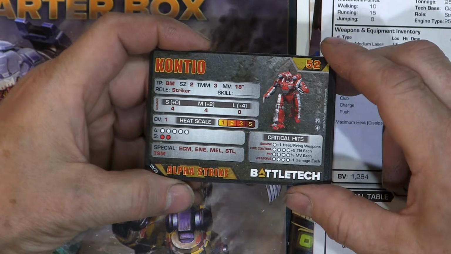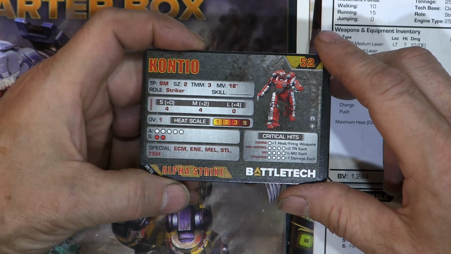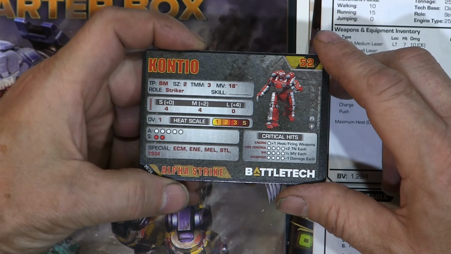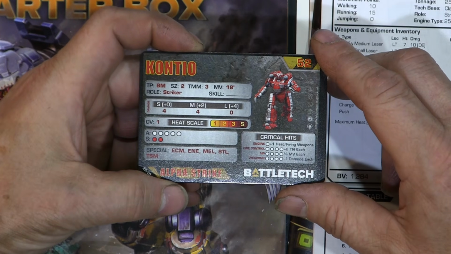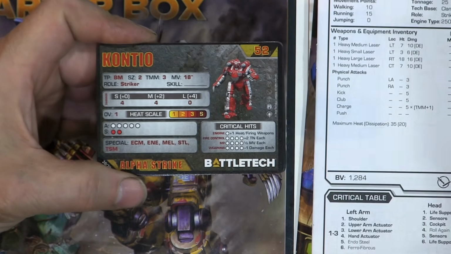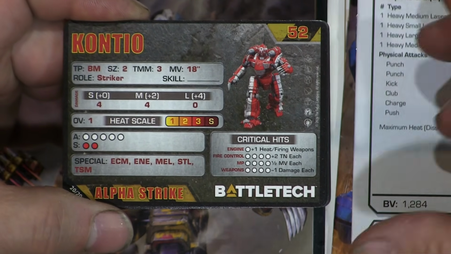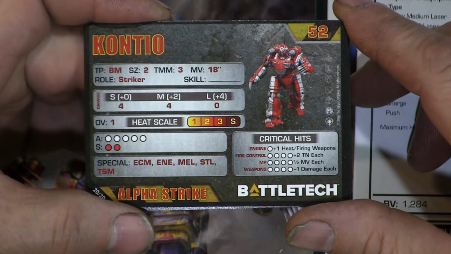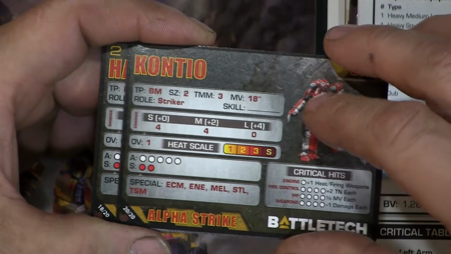and that's the Contigo. As you can see from the Contigo, it has its role as a striker. It moves 18 inches. The TMM is 3, size 2. It has a heat scale of 1, 2, 3. All the stuff is actually pretty standard. I'm going to zoom in more if I can. There's a little bit of glare I'm trying to avoid from my lights. It has ECM. I'm not familiar with all the abbreviations anymore, but there's actually 20 Alpha Strike cards, and they